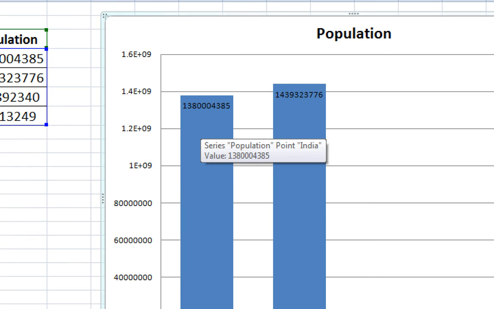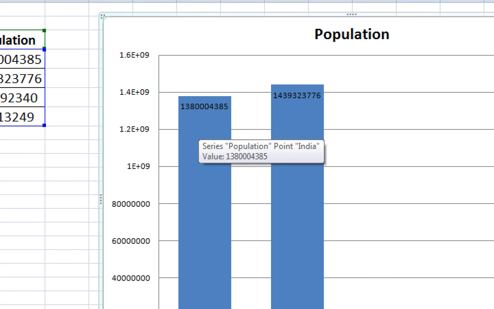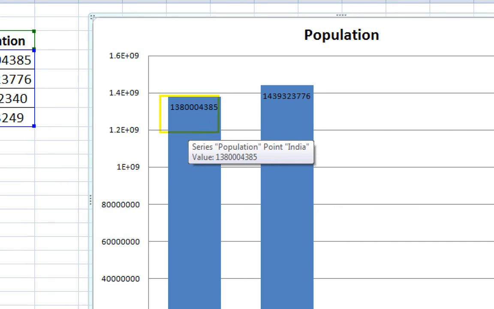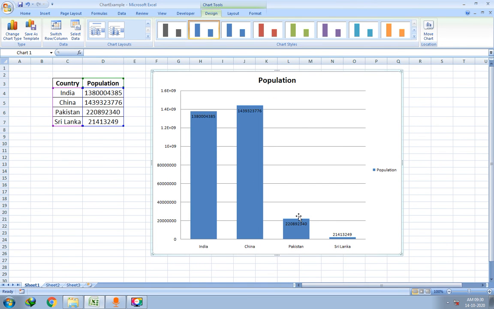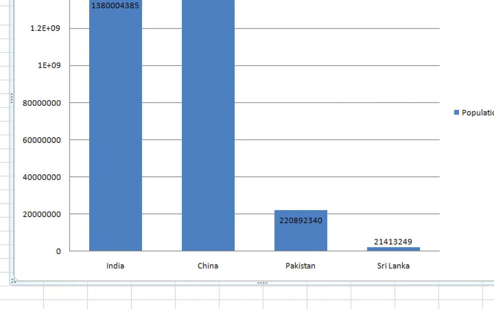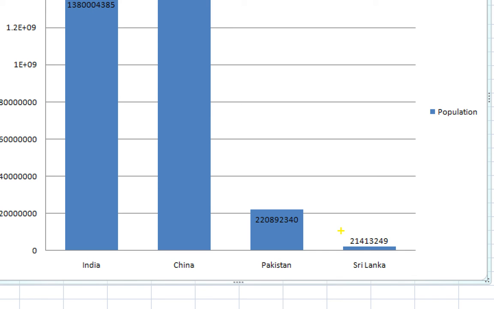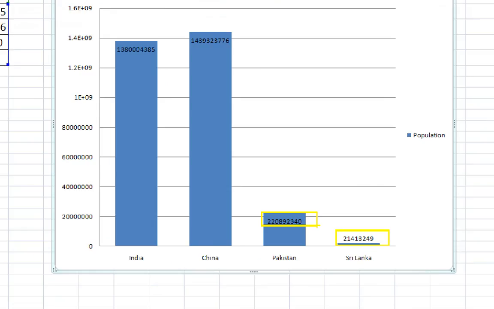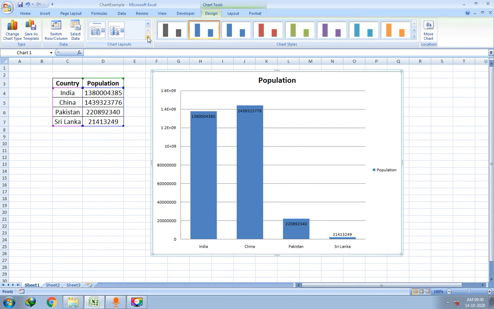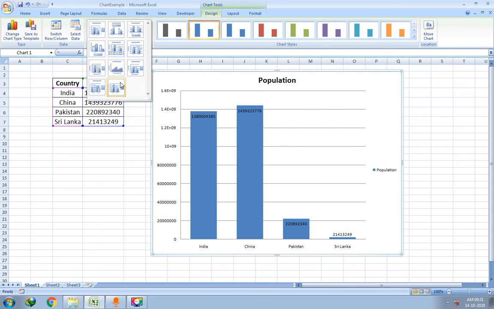It is 13,800 and then 4385. All the data is appearing over here at the top, you can see. For this also 220 and all, and here also data is appearing at the top, right? So you can change the layout to any type that you want.